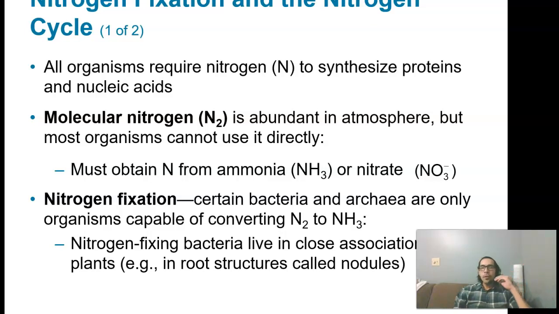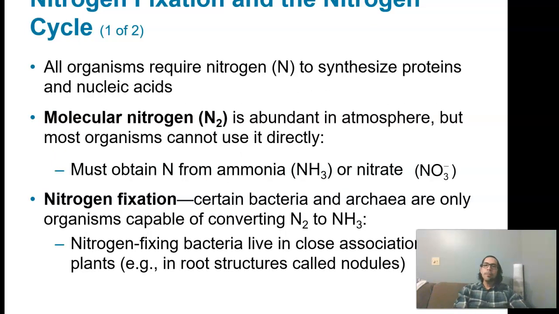That's why, if you've heard of nitrogen fixing bacteria that live in a symbiotic relationship with some plants, that's what they're talking about. There are some plants like legumes that have nitrogen fixing bacteria in their roots that help them fix the nitrogen. By legumes, I mean plants in the pea family, like peas and beans.